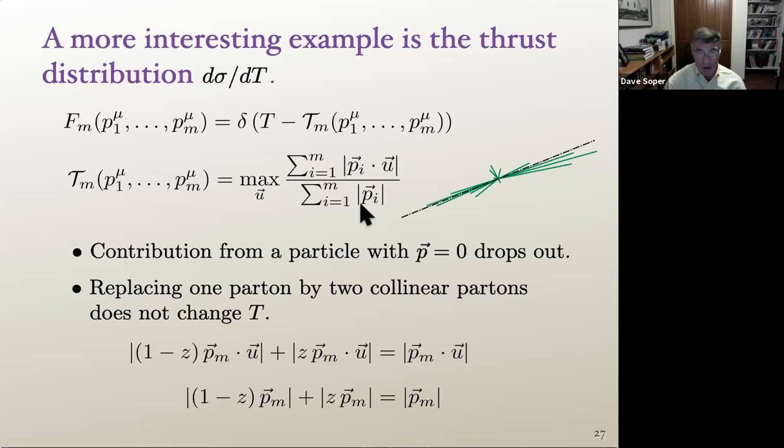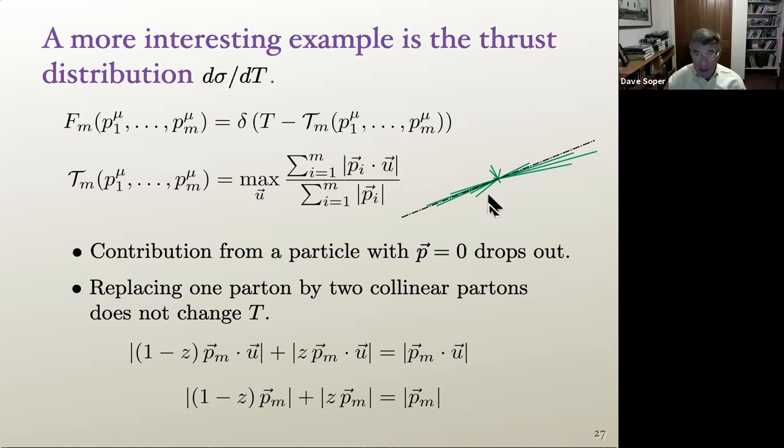Or in physical, for hadrons are almost massless. So the denominator is the sum of the absolute values of the momenta. And then in the numerator, the sum of the dot products of the 3-momenta with a unit vector u. And that'll give a different answer depending on what the u is. But you take the biggest answer you can get by changing u. So the direction u that gives the biggest ratio there is called the